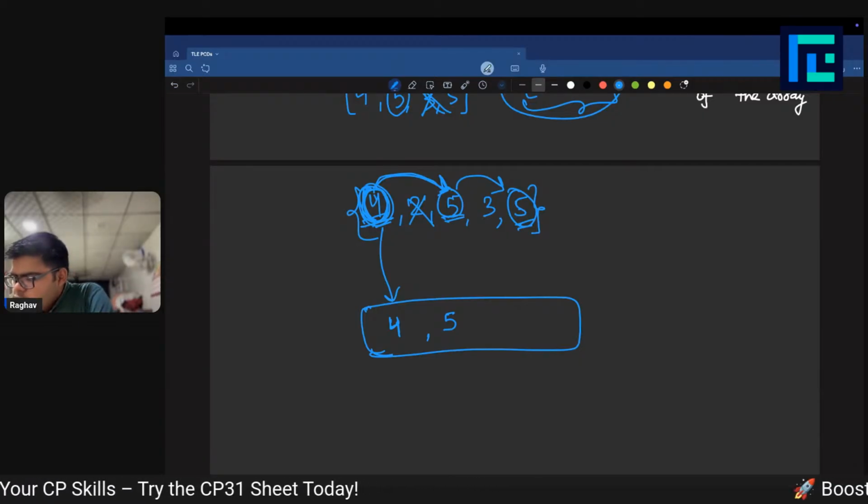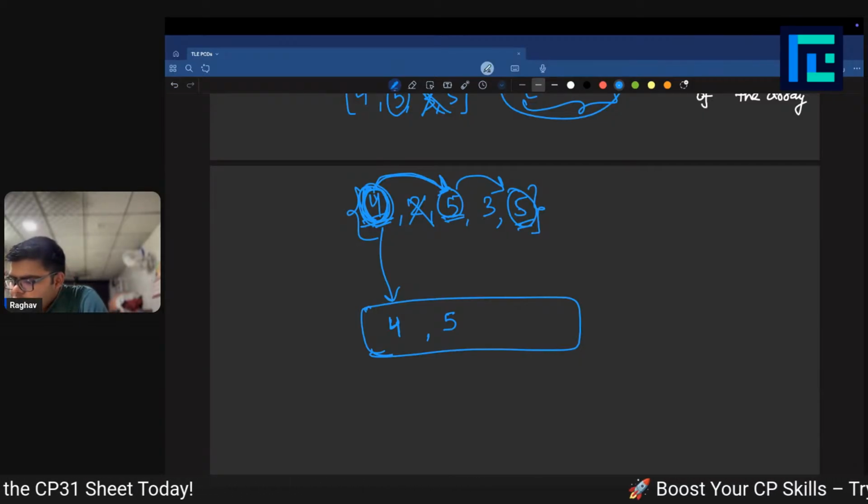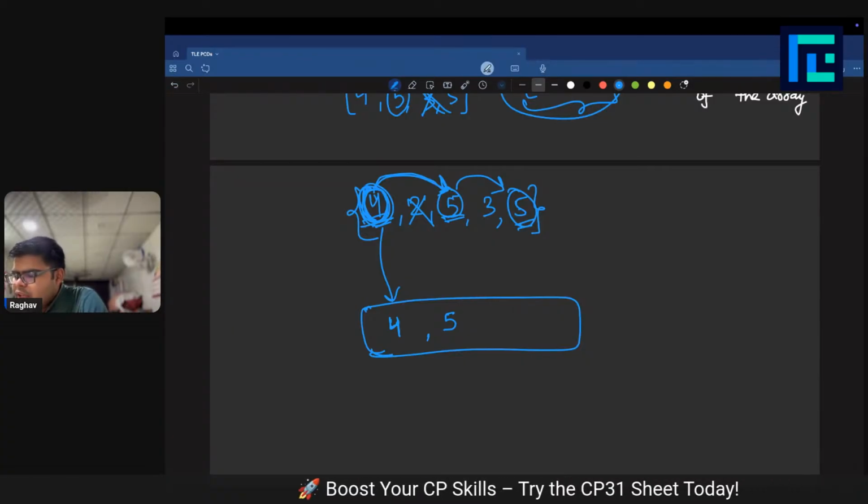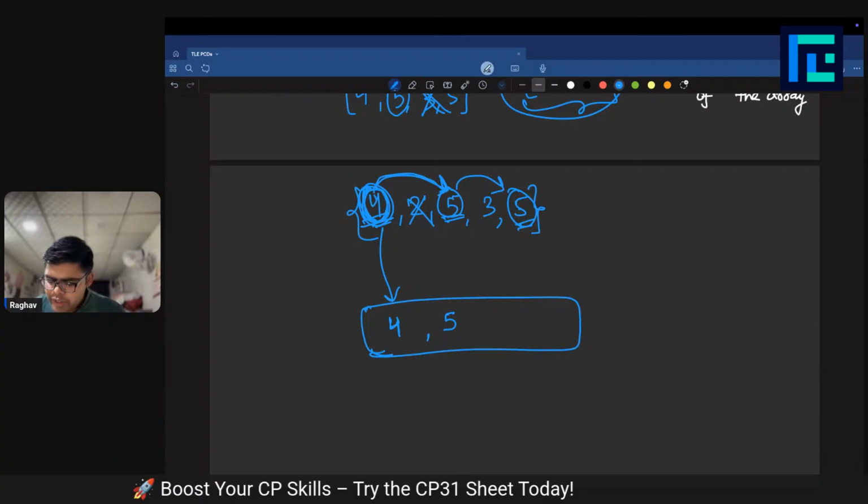Okay, this was your exact intuition. That's great. Okay, very well. Somebody asked why we cannot delete 4. Yeah, so see, the point is